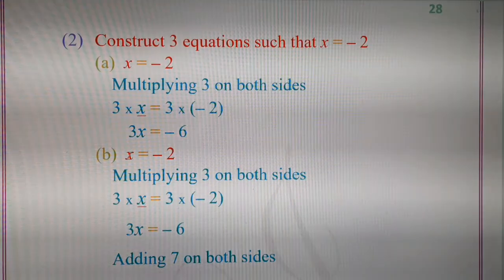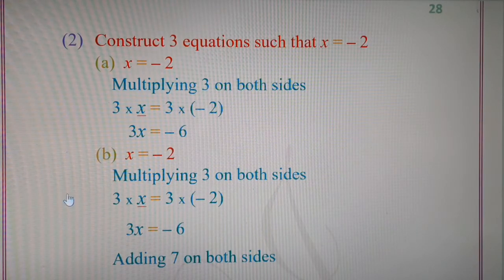Now we will formulate the equation using the condition x equal to minus 2, but we have to use either of the 4 mathematical functions such as addition, subtraction, multiplication or division. We will use the multiplication rule first, but we have to use the same mathematical function on both the sides. X is also multiplied with 3 and minus 2 is also multiplied with 3. So 3 into x equal to 3 into minus 2. In the next step, 3 into minus 2, our answer will be minus 6.